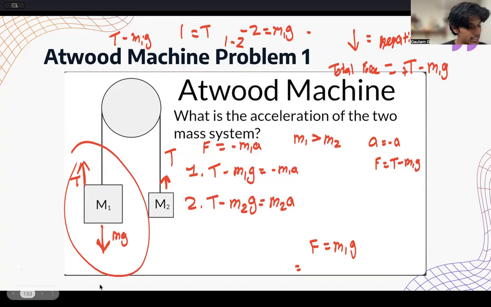Do you guys get what I got for the second equation? T, but this time the acceleration is the same, right? If you think about it logically. Because we're trying to solve for acceleration, correct? We're just trying to solve for the acceleration, and notice that the acceleration is the same